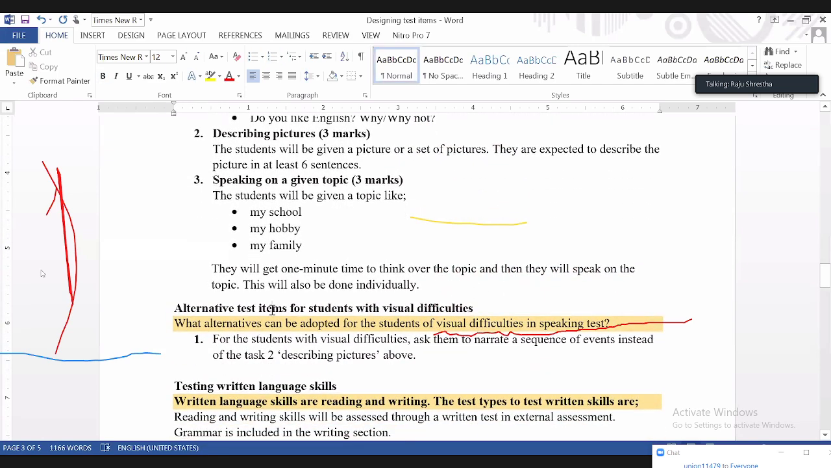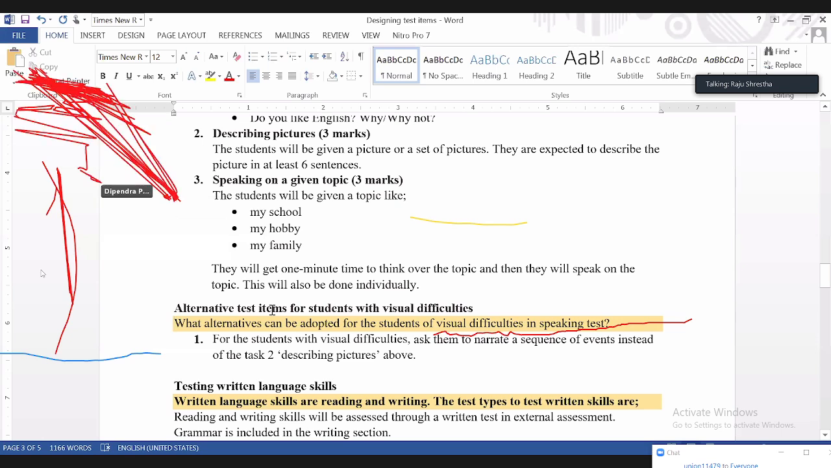And alternative test items for students who have visual difficulties. If students they cannot see, they have visual difficulties, then they cannot describe picture or describe on a topic. Then for them alternatives can be